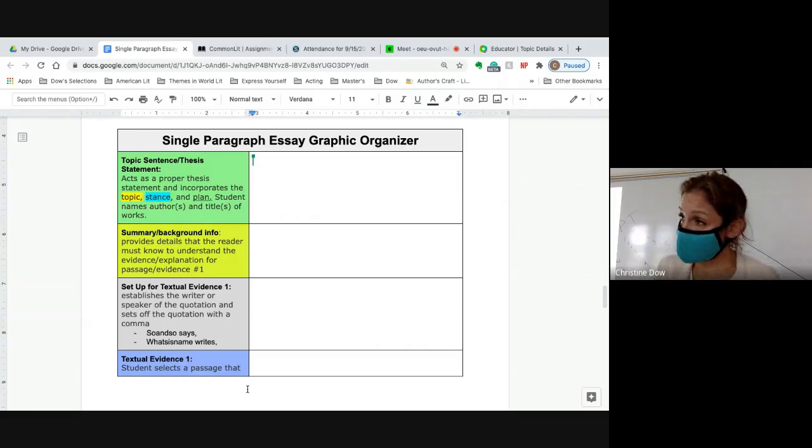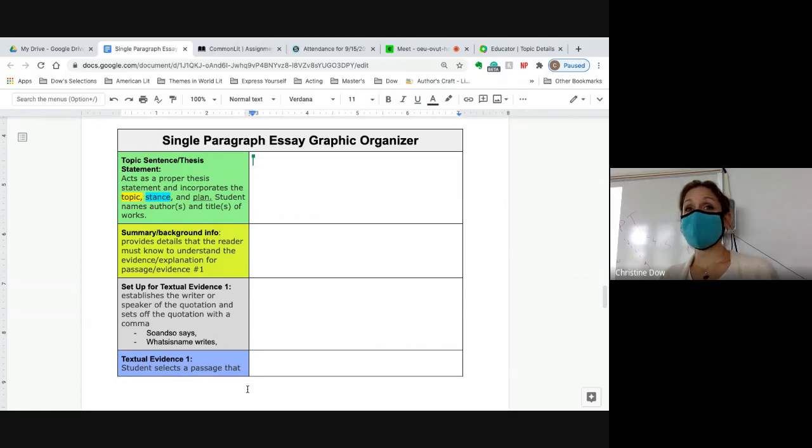But you will have this graphic organizer at your disposal tomorrow. You can write in the boxes and leave it in the boxes. You can write in the boxes and take it out of the boxes. You can write completely without the boxes, though that is not recommended. It just makes you more accountable to yourself and your writing to use the boxes at least as a structure and then pull them out.